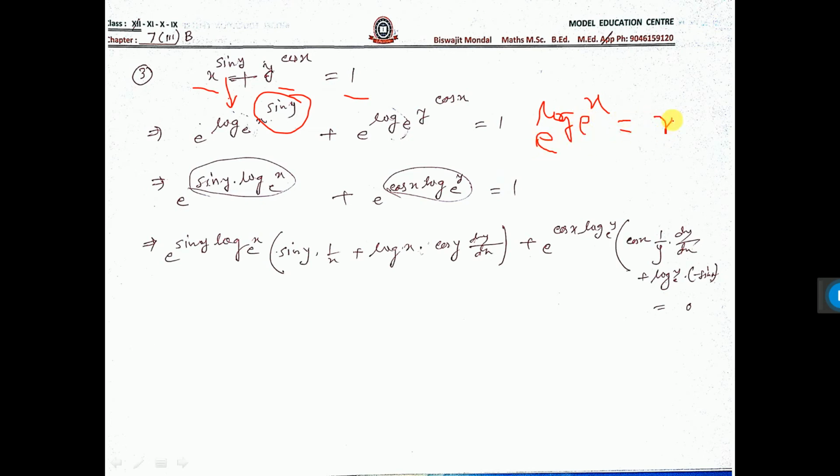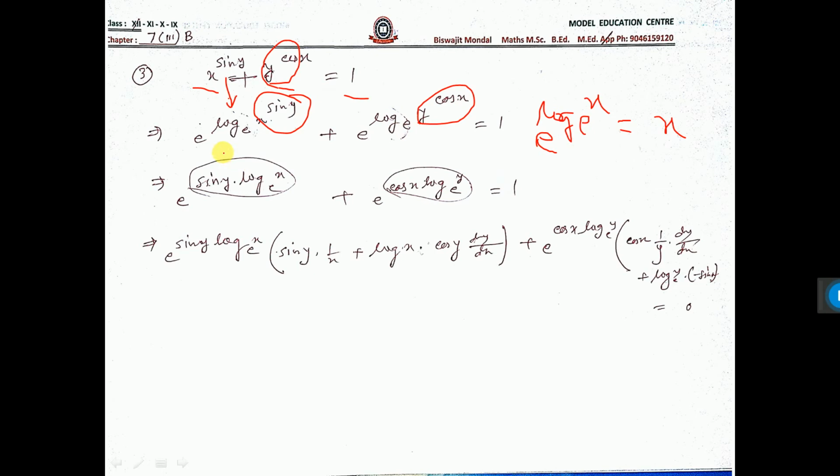This is the formula of logarithm. What do I write? e to the power log x base e is equal to x. So see, e to the power log x, x means this thing, base e equal to x means this thing only. Now see, similarly this one also can be written as e to the power log e, and this.